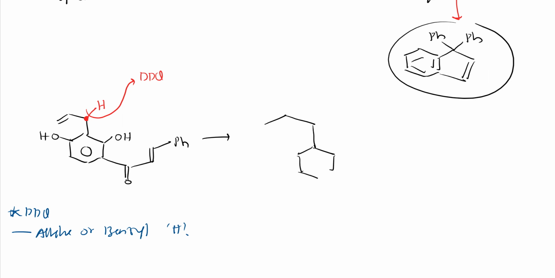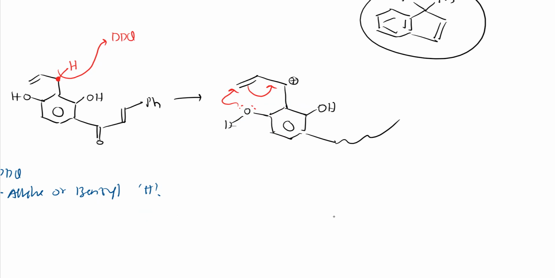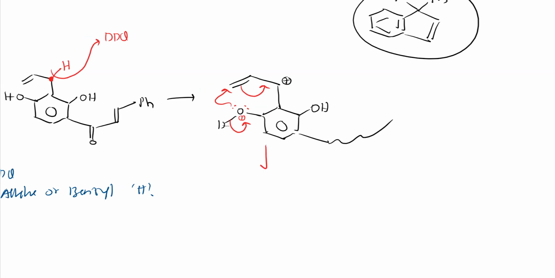The other things you please make by yourself, right? So I got this. Here a positive charge is there and here a pi bond. Further, see here, oxygen has a lone pair, which I am showing with a red marker. It will donate, this bond will shift here, and oxygen gets a positive charge. To remove that positive charge, it takes this electron density and H moves as H plus. So I'll get this product, see here.